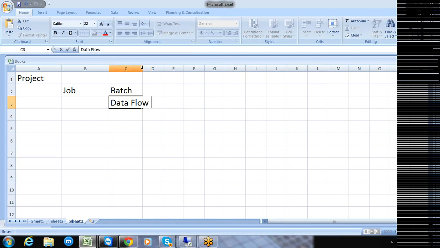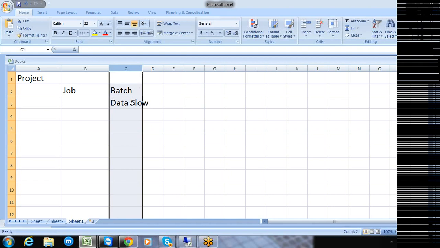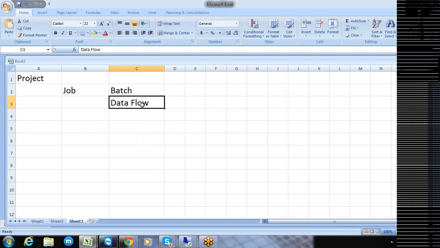Workflow and job flow, right? Yeah, obviously a workflow should be there along with the data flow. But in case your job is going to contain a single data flow, a workflow may not be required. Yeah, okay, right. So this is your data flow.